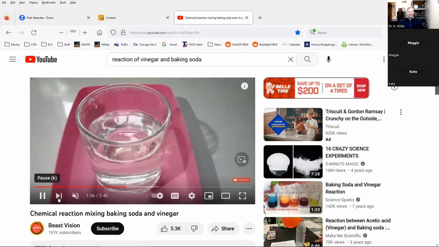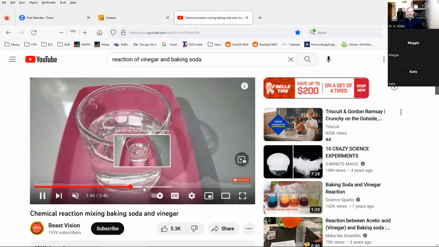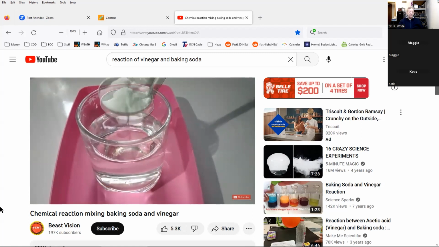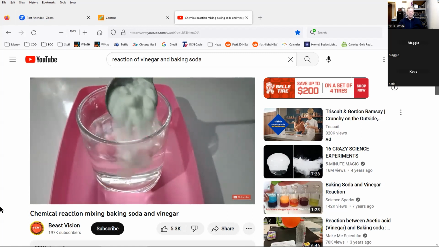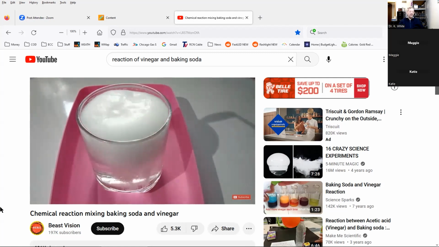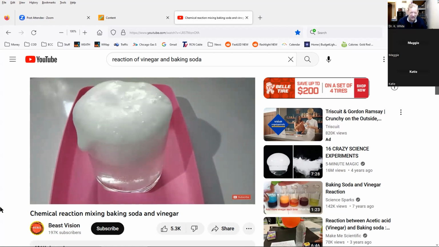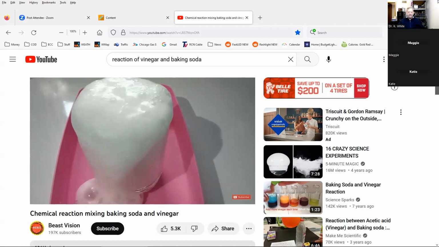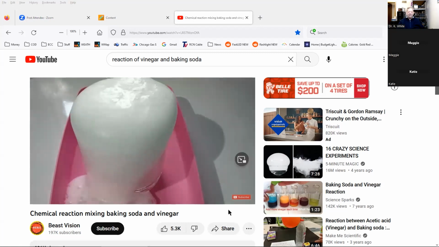And now we'll put in the baking soda powder. Watch what happens. See all that bubbles? That's what that foam is, bubbles. Oh, is that cool? Now you know I'm a chemist. Actually, that was the first reaction my father ever taught me when I was about 5. See all the bubbles form? Oh, that was fun. I hope you enjoyed it.